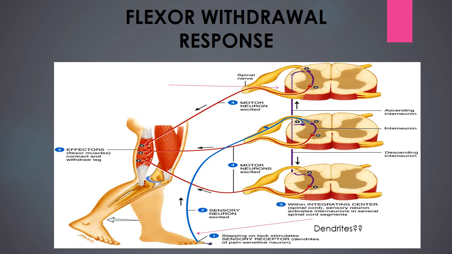And the apprehension sign in the shoulder, and also the apprehension sign that we see in relationship to patellar instability, these are all reflexive anxiety reactions that are subconscious and spontaneous. They're actually forms of the flexor withdrawal response. So let's review the flexor withdrawal response and relate that to the apprehension sign for shoulder instability.